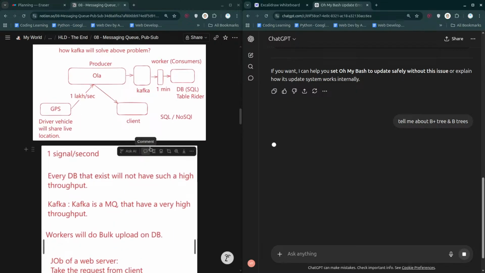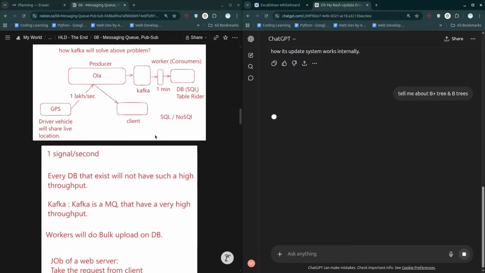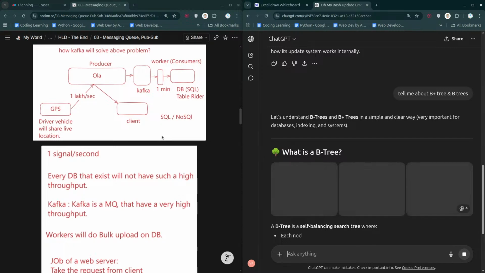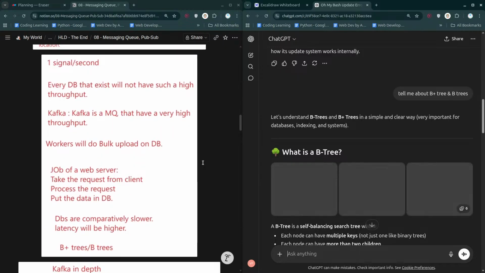Another thing is that HLD is all about high level stuff. On a high level, you just know how things work. But if you want to know the real implementation, you need to know about LLD, low level design. And for that, you need to know DSA. I cannot really start learning low level design until I know DSA.